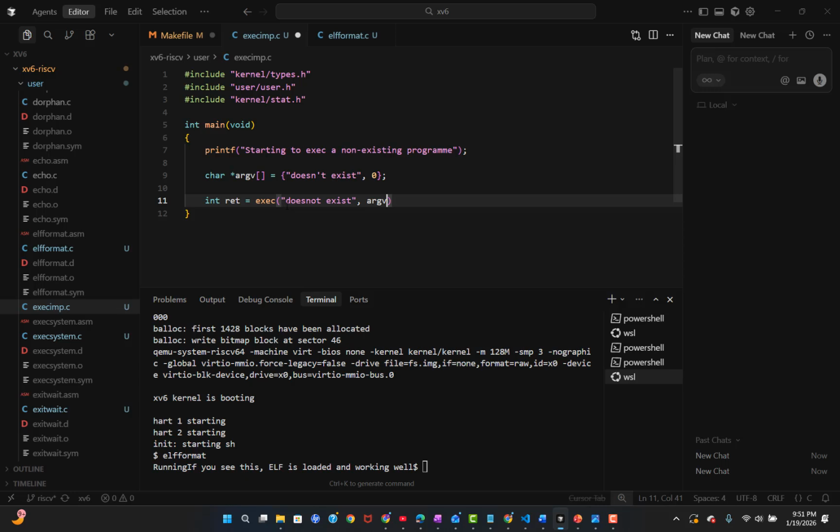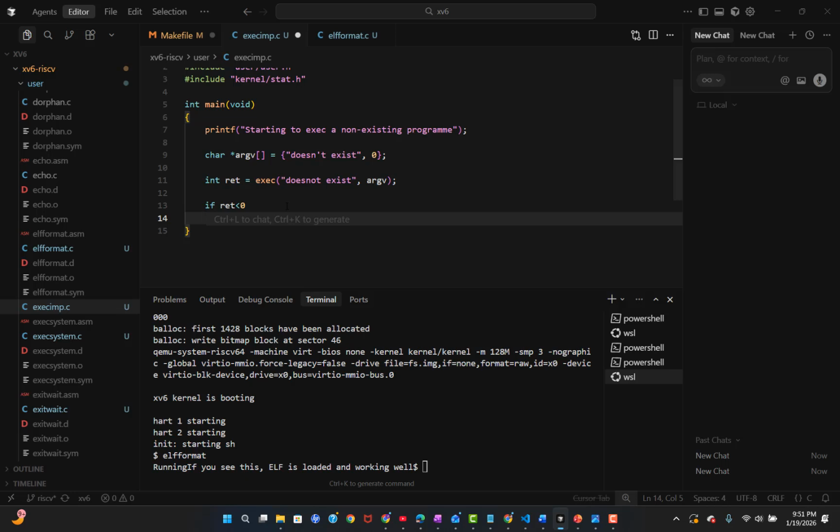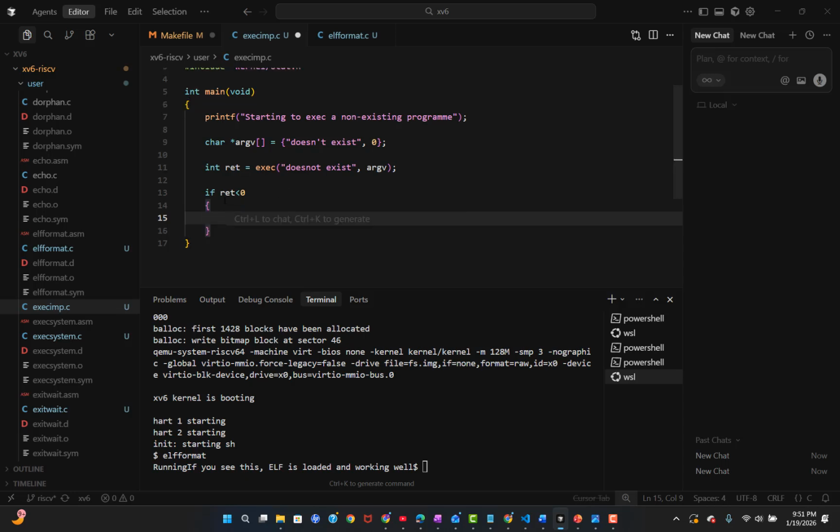The argument value, and so let's end this. If the return value is less than 0,